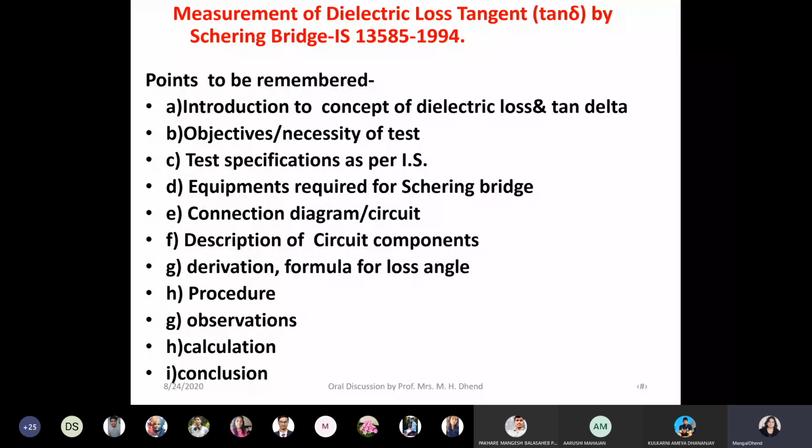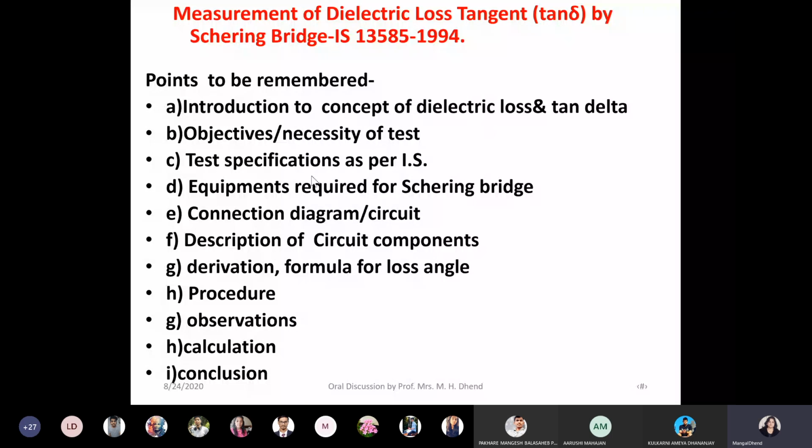So how will you find out dielectric loss? Find out tan delta, and if you get tan delta, you can find out dielectric loss. So that is the objective of this test: whether it is transformer oil or any insulating material, what is the dielectric loss in that? Suppose you are using a capacitor. What is the dielectric loss in the capacitor material? You will find that out, and then only will you use that material as a dielectric. So finding dielectric loss tells whether that dielectric material will behave properly or not. That will be the objective of the test.